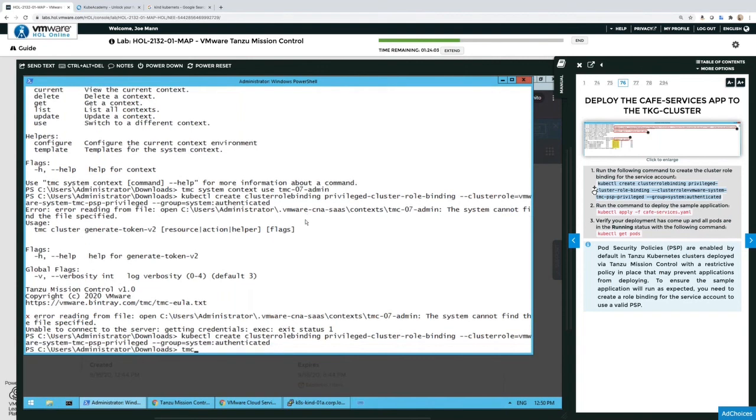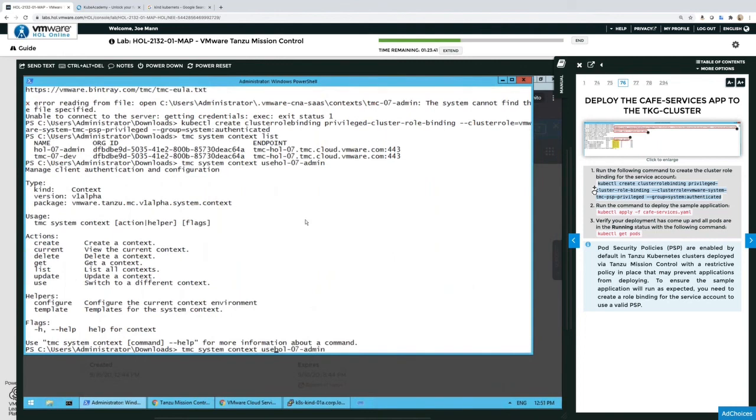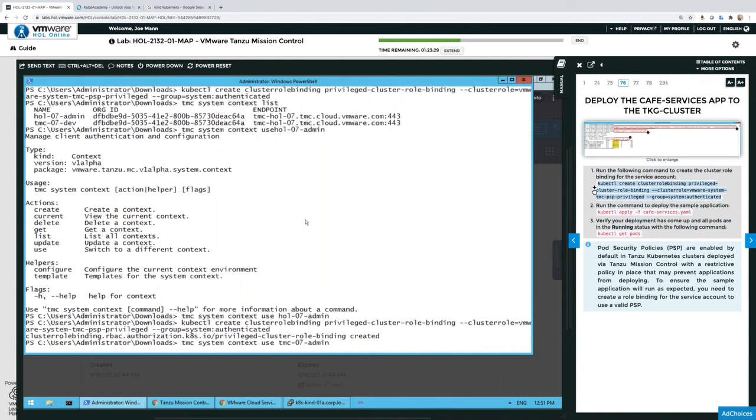Whoops, HOL 07 admin. Okay, wow. So now I'm using the admin context, so I should be able to run the command to create the privileged role binding. Now I can switch back to